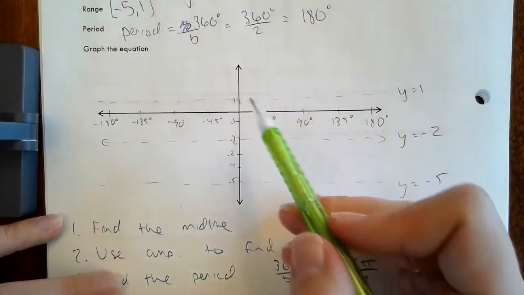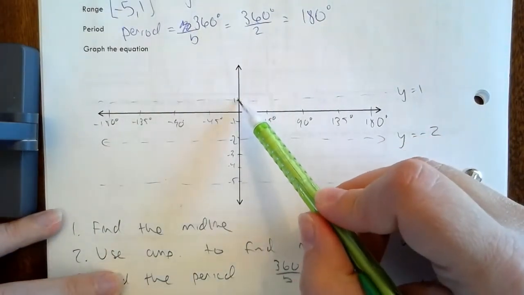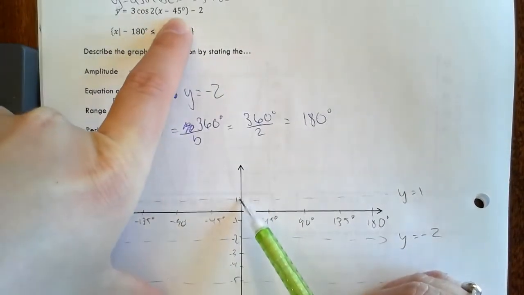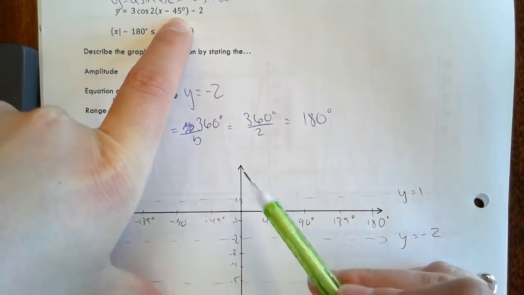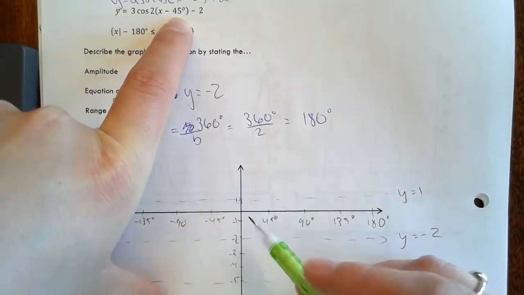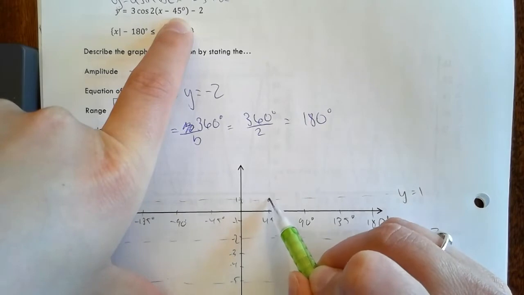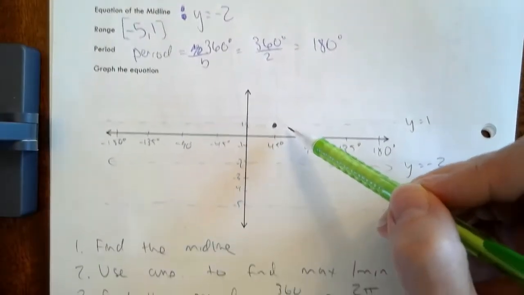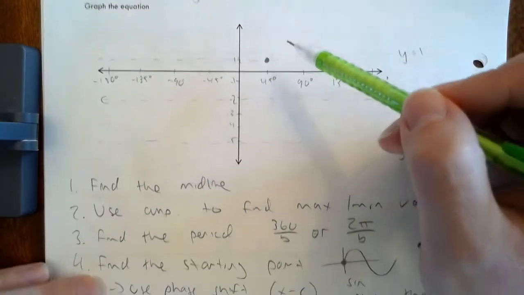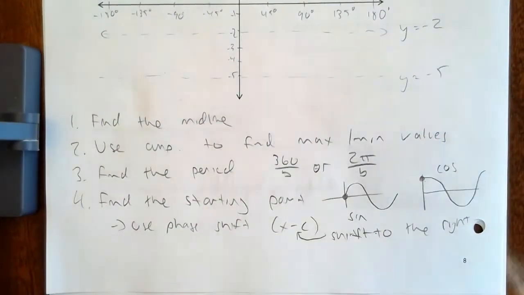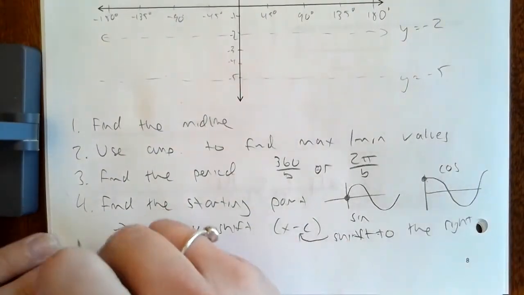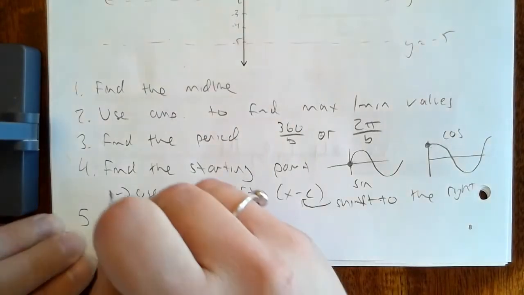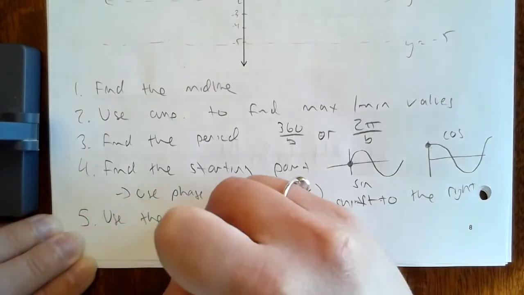So normally, a cos curve would start at the maximum, but it's telling me that we are shifted 45 to the right. So instead of starting at this y-axis right here, this starting point is going to be moved over to the right 45 degrees. So that is my first point. Nice. Number 5. I'm running out of room. We'll get it moved in here. Let's use the period